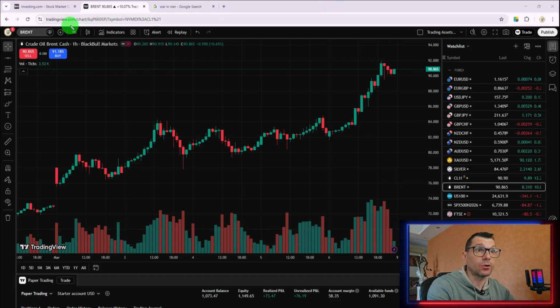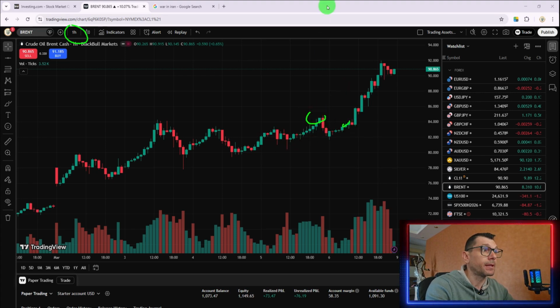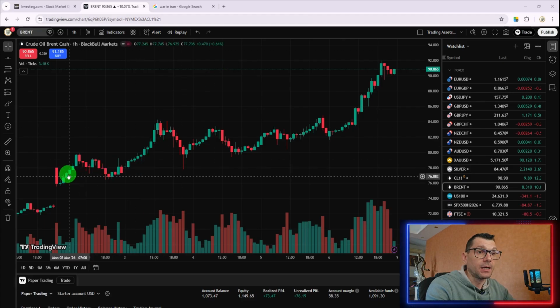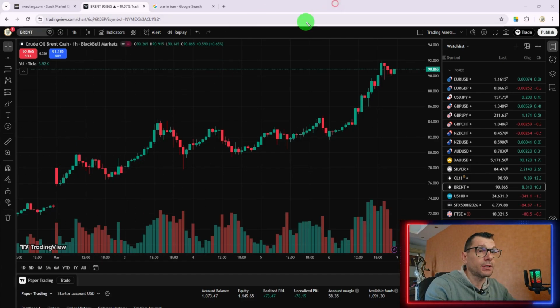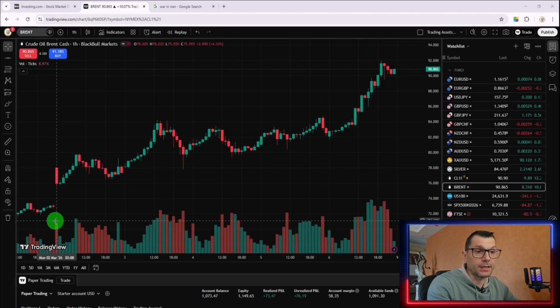As you can see at the top, it's 1 hour. It means that every candle here represents for me 1 hour movement, right? So that's number one thing. Second thing, let's look at the beginning of the last week, right? If we bring the mouse here, you can see it's the 2nd of March. It's exactly a week ago when the market opened on Monday.